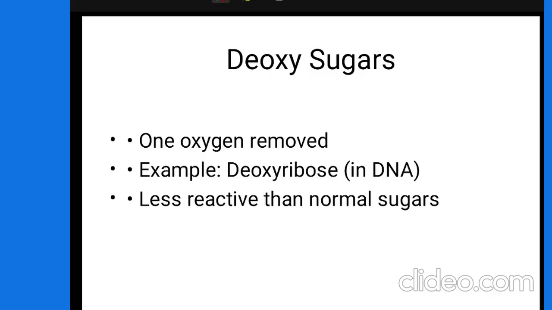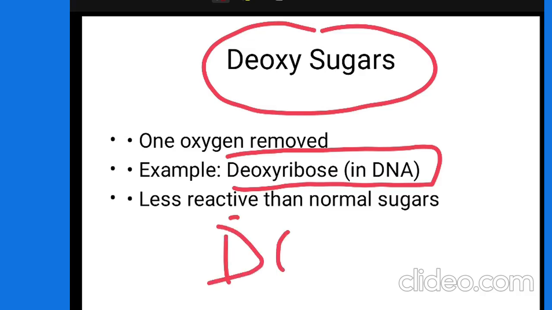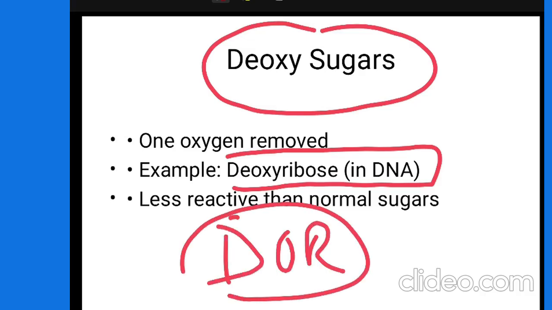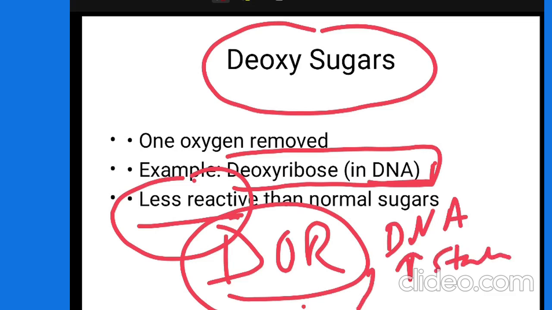deoxy sugar. Deoxy, as the name itself suggests, that one oxygen molecule has been removed. So it is a deoxy sugar. When it is ribose, it is called the deoxyribose. Deoxyribose is an important component of DNA, and deoxyribose is also less reactive than the normal sugar. This forms the basis of why DNA is much more stable, because of the presence of deoxyribose. So DNA increases stability by deoxyribose. Coming to the next slide,